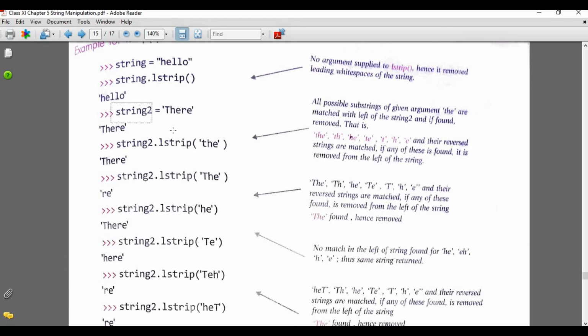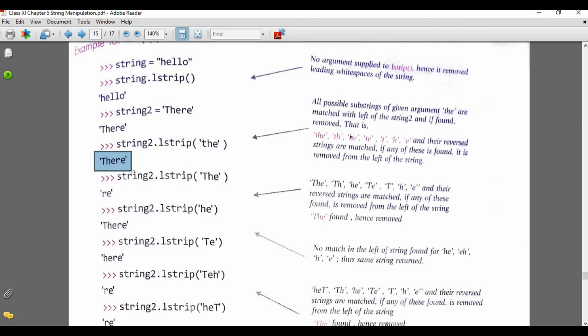Now second, string 2 equals to there, so when we want to display this string 2, it will display there. But now we are using L strip, string 2 dot L strip the. That means it will return